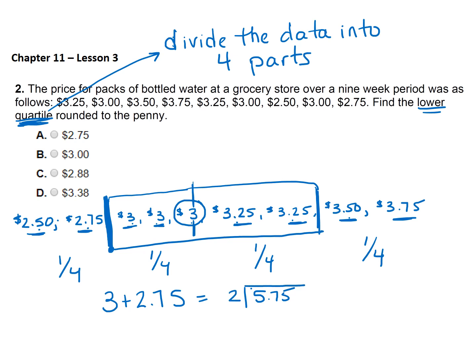2 goes into 5 2 times, which is 4. Bring up the decimal point, bring down the 7. 2 goes into 17 8 times, which is 16, and that is 1 left over. Bring down the 5, and 2 goes into 15 7 times, which is 14, okay? And that will give us 1 left over. We're going to add a 0, bring it down. 2 goes into 10 5 times, which is 10, which gives us nothing left over. So our answer is